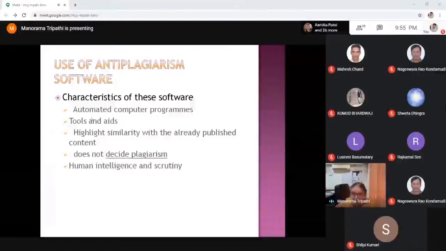So even if it shows something as plagiarized, there are provisions in the system where you can exclude those sources, and the system will generate another similarity or originality report. But this right of excluding sources is not given to students.